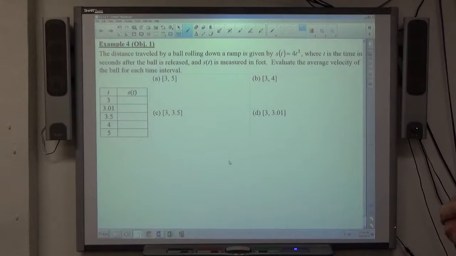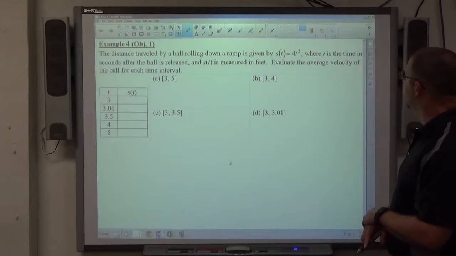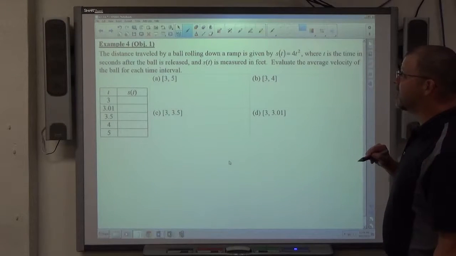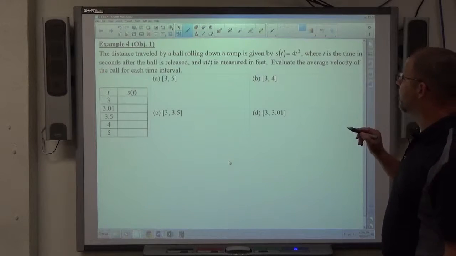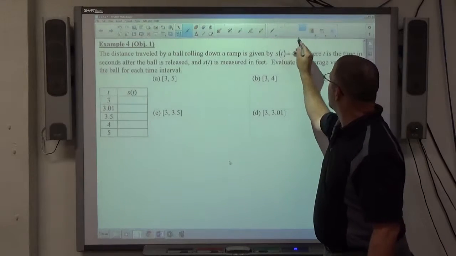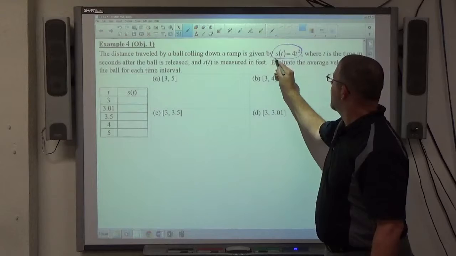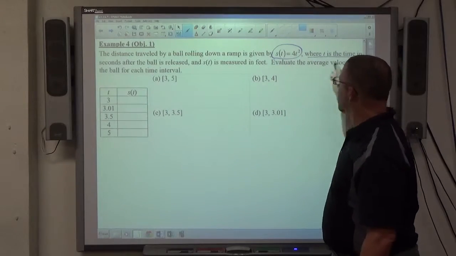With chapter 2.6, example 4, the distance traveled by a ball rolling down a ramp is given by this function, s of t equals 4t squared, where t is the time in seconds after the ball is released and s of t is measured in feet. So again, we get an equation here, and they give me a complete description of what the variables in that